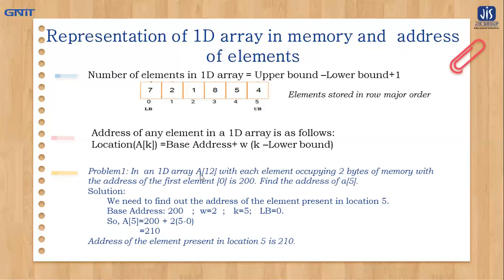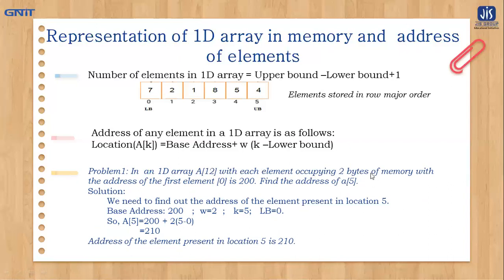In a 1D array, A12, with each element occupying 2 bytes of memory. First, let me tell you that it is a 1D array and it has the size 12. So if we choose the lower bound value 0, then the upper bound will go up to 11. If we choose the lower bound 1, then it will go up to 12. So here our array size is 12. Each element is occupying 2 bytes of memory,